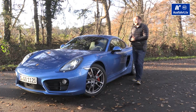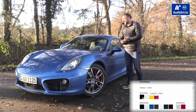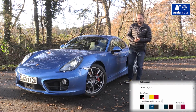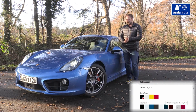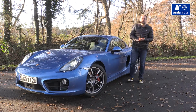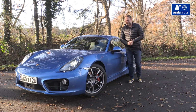Okay, let's talk about things I'm familiar with. The color. This color is called Sapphire Blue Metallic. It's one of 13 colors you can choose from in the Porsche configurator. But if you've got the money, you can choose every color you can dream of, actually. The Porsche has a ground clearance of 12.2 centimeters, so 122 millimeters. But since we got the